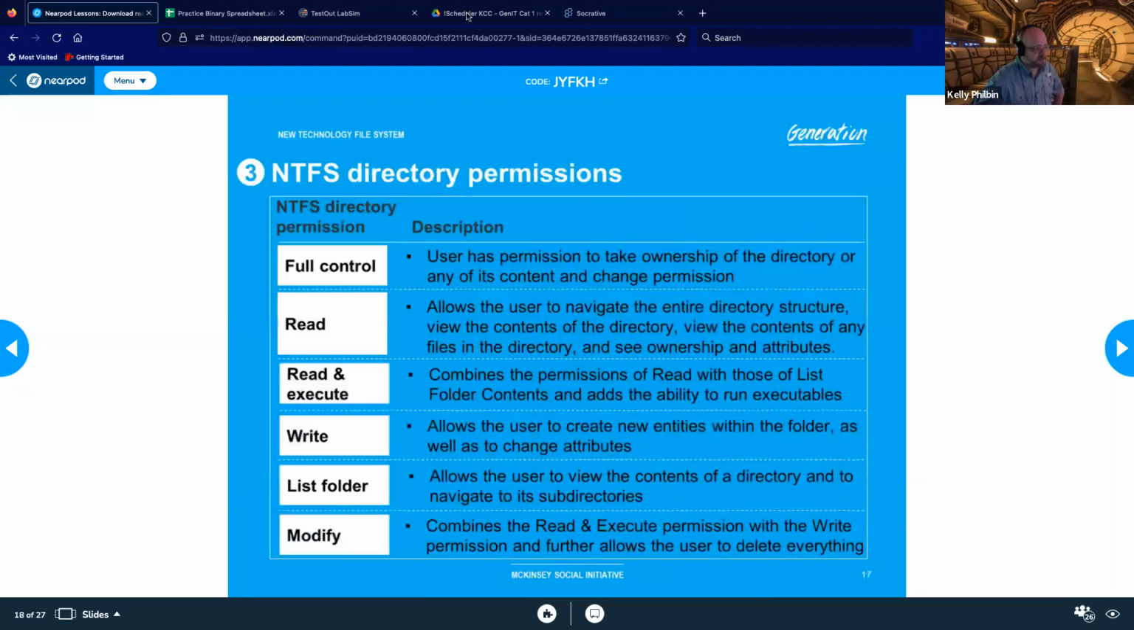And then you have directory permissions, which are a little bit different. So directory permissions, full control, much like full control of the file. User has permission to take ownership, change who the owner is of the directory, add, change any of its contents, and change any of the permissions. So they can do whatever they want with it. That's full control. Read allows you to navigate the entire directory structure, go into its subcategories, subfolders, all that stuff,